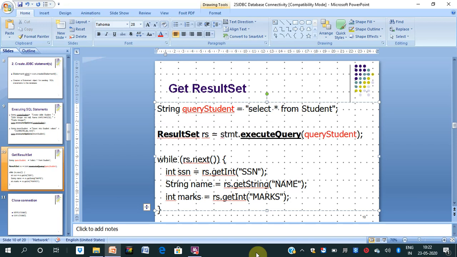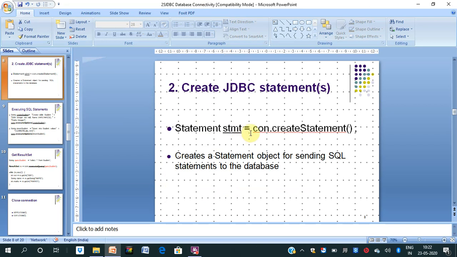This is a statement variable, statement dot, same connection. Statement is the object of the statement class.